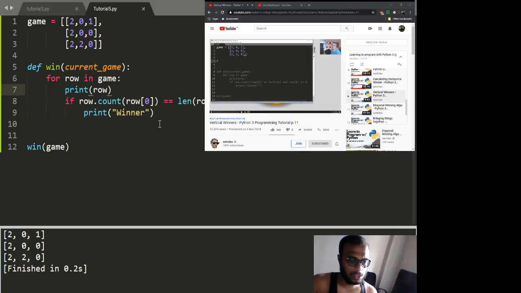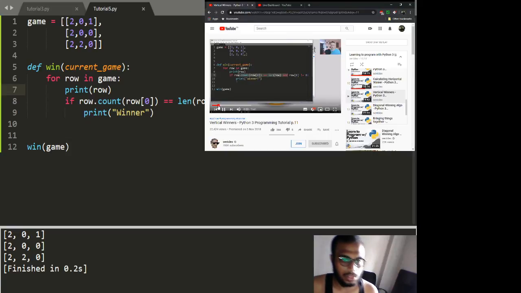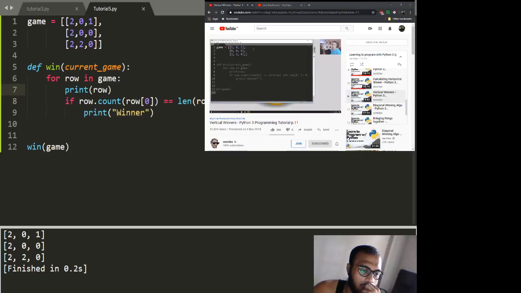So for example, for row in game, if we print next, or vertical win, basically, so it would really be column. Anyways, let's go ahead and get into it. What I'm going to do is comment out this section, because the only code I want right now is just for vertical win. Later we'll combine all of the win types into the same function, but for simplicity we're just going to